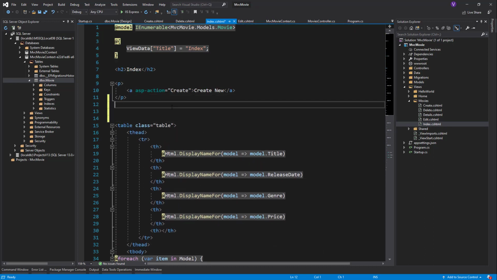We can write form, asp-controller, movies, asp-action is index. I wouldn't specify the method, of course, because if we haven't specified it, it would be get actually. So anyway,